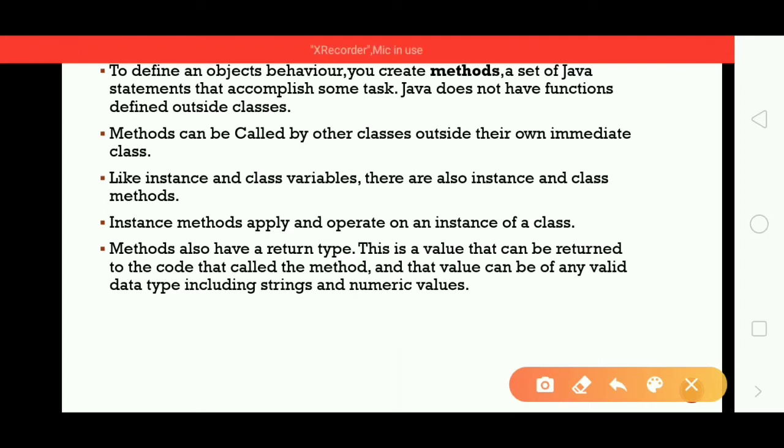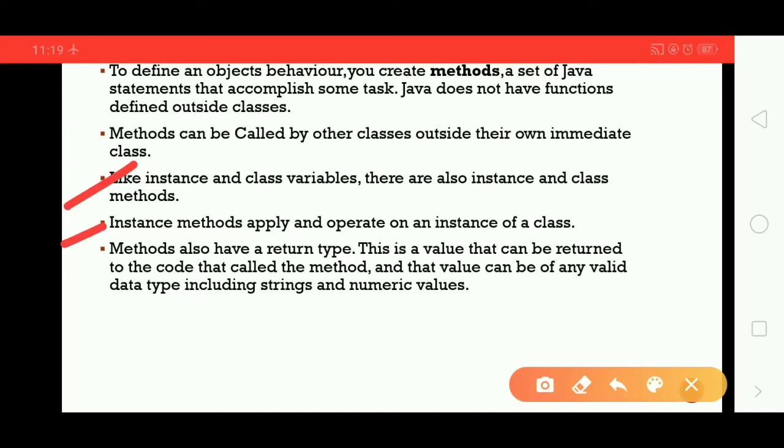As we have instance and class variables, guys, in the same way we have instance and class methods too. You can go through my earlier video if you want more details about instance or class variables.